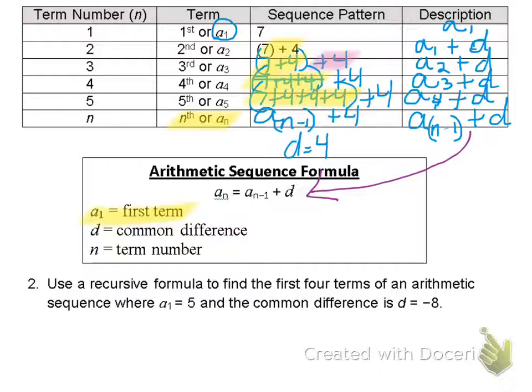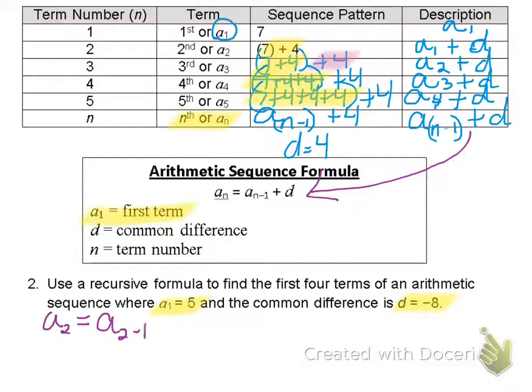So we're going to use the formula to find the first 4 terms of an arithmetic sequence where A1 equals 5, A1 is the first term, and the common difference is -8, so that's going to be going down. So to find the first 4 terms, obviously we know what the first one is. Now we have to find the second one. So A2, the second term, would equal